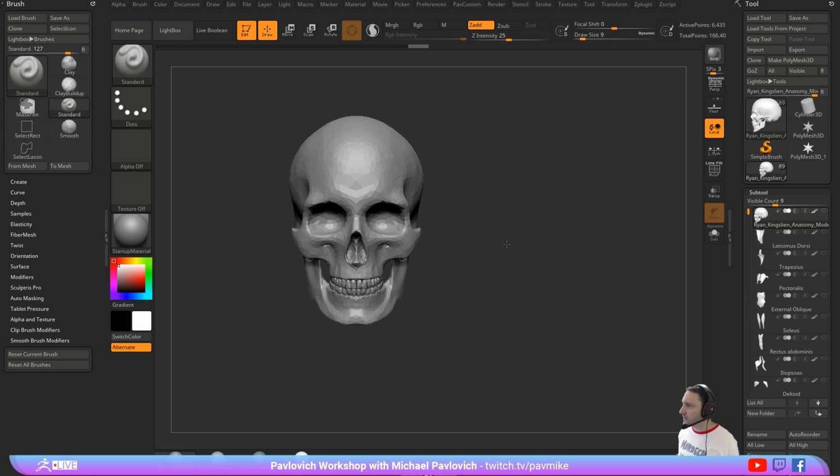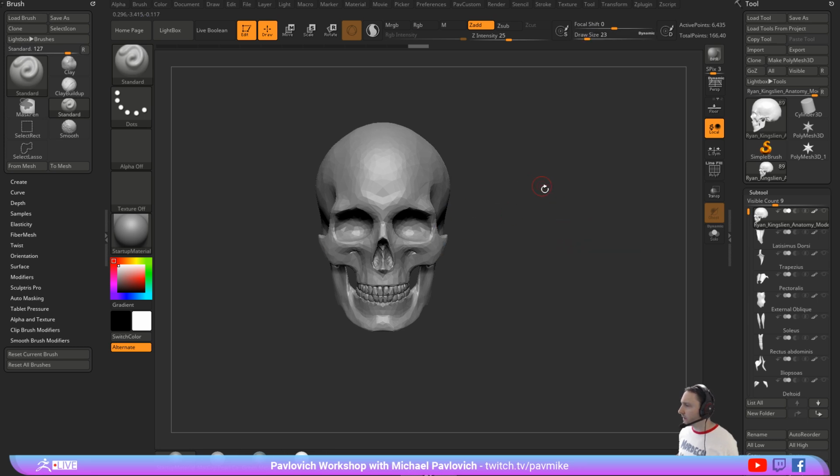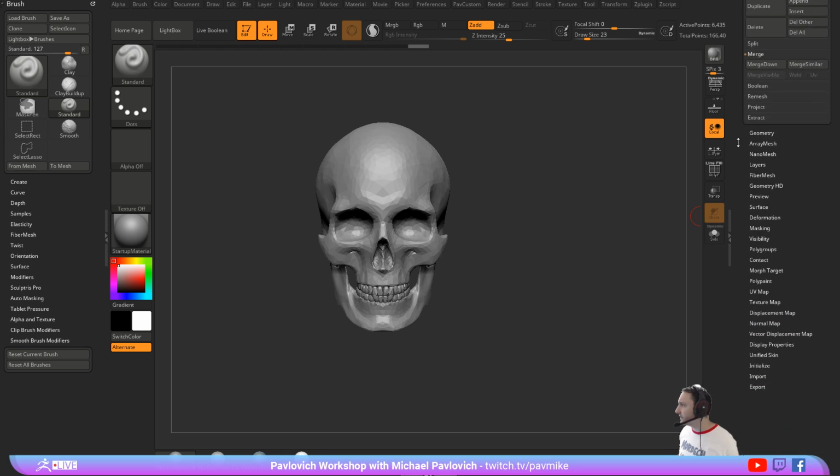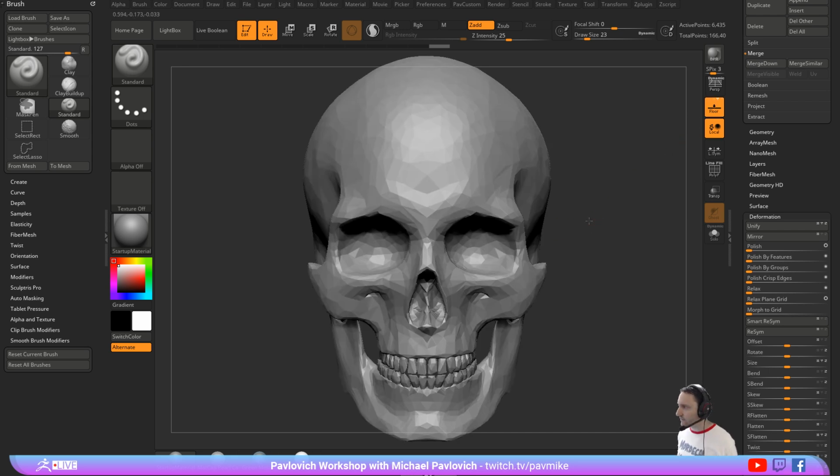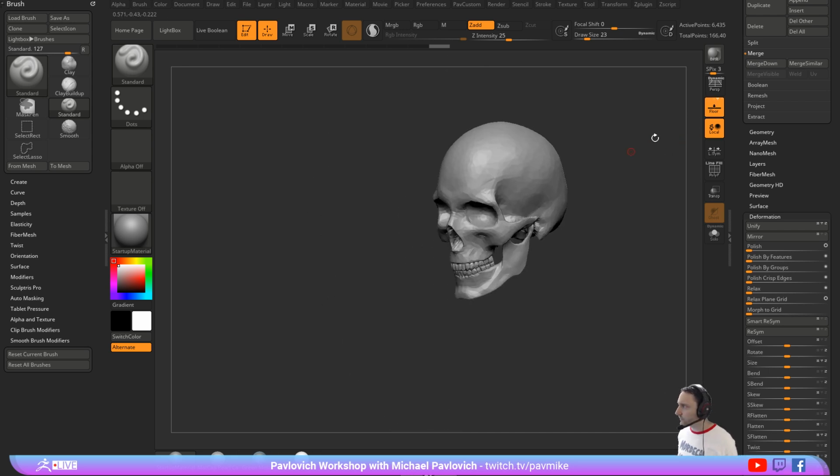So we'll play around with that a little bit, I suppose. If we wanted to refine this skull a little bit, first thing I'm going to do is hit Deformation and Unify just to stick it right down into our axis, just right in the middle of our scene here. So if we turn on our floor,